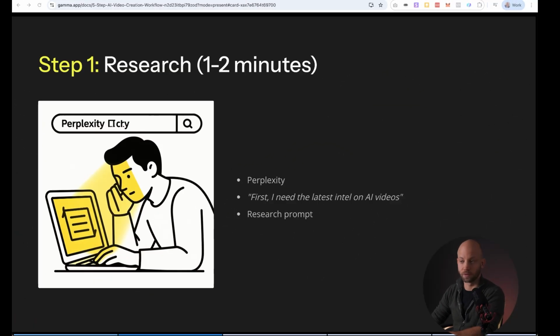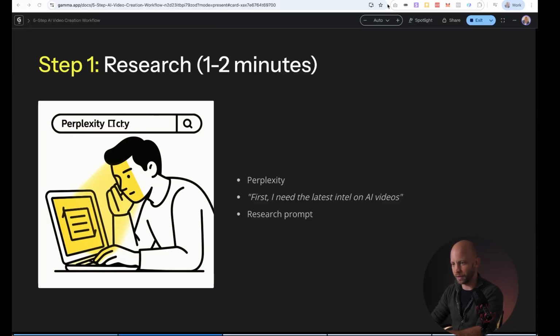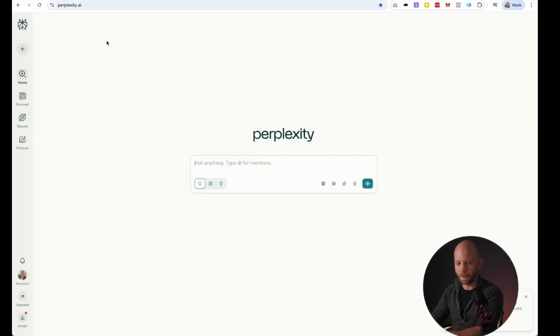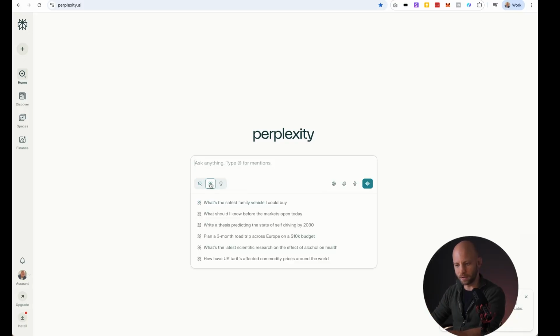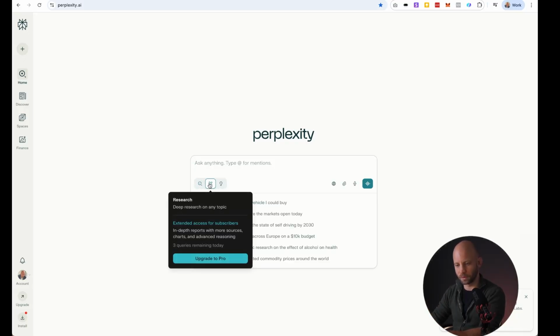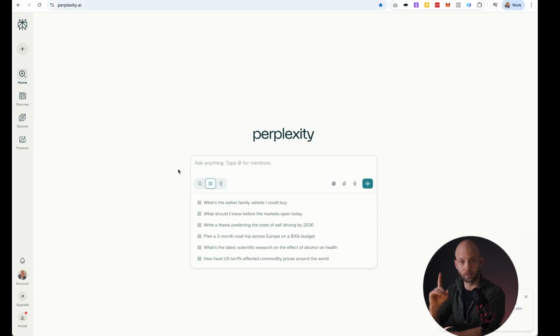So let's do the research. I'm going to open up a website called Perplexity.ai. And you can use this for free. This is kind of like ChatGPT, but it's specialized in doing research. Click on the research button, so it has deep research. This is very important. A side note, on the free plan you can do only 2 or 3 of these